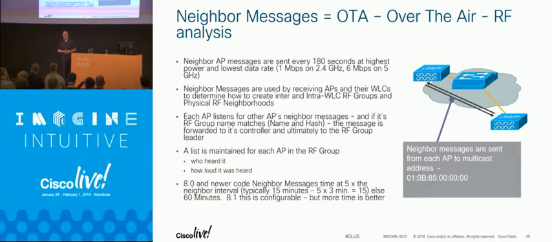Something that's important to that is in 8.0, they changed the default pruning timer. It had always been 1 hour. And the only downside to that 1 hour was if you deleted an AP in Prime, Prime displayed that AP in its RF for a full hour until it timed out of that neighbor list. Well, somebody thought that was a bug, so they fixed it and they unilaterally changed the default to 15 minutes.